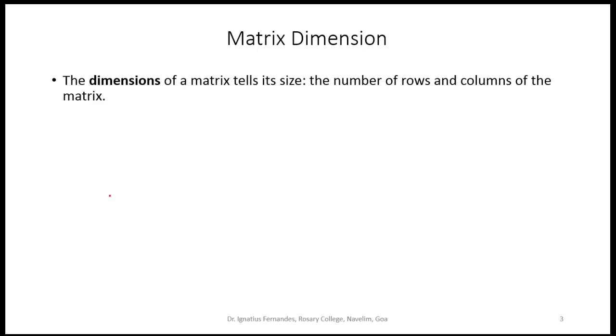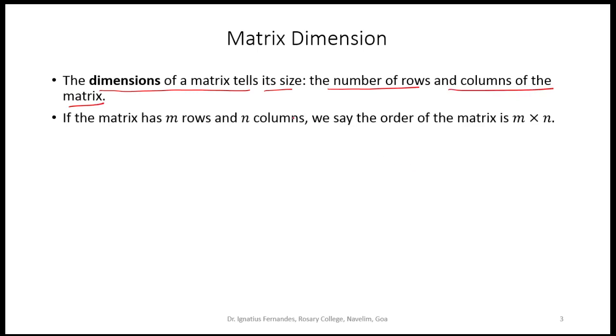Now what are matrix dimensions? The dimensions of a matrix tell its size, the number of rows and the columns of the matrix. So if the matrix has m rows and n columns, we say that the order of the matrix is m by n, or m cross n, or we say the dimension of the matrix is m cross n. So if I have something like this,